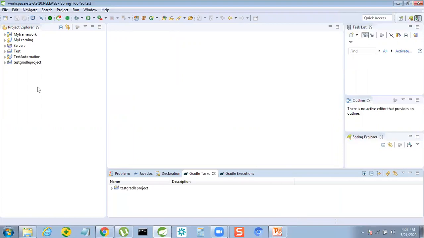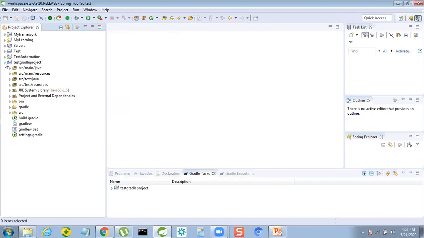Now our Gradle project got created. If you look, in the Maven project the letter M is displayed over here, and the Gradle symbol will be displayed over here. You can see the difference.